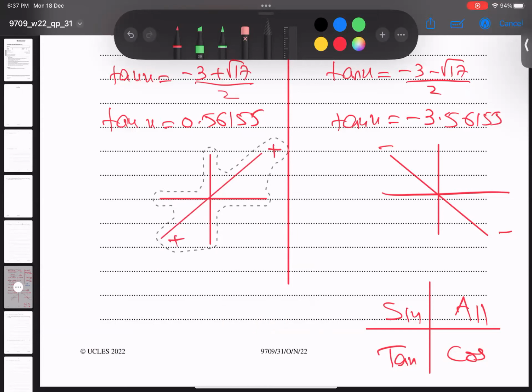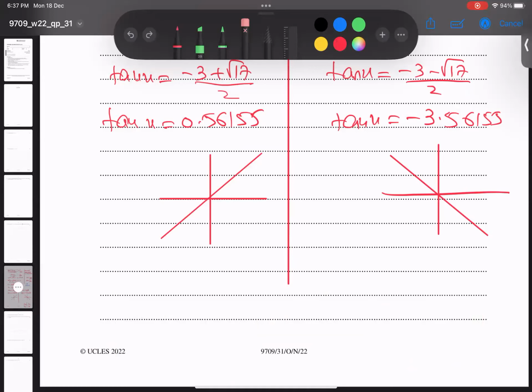Get ready, and now I will solve further. How to solve further? First of all, I will take tan inverse of this. But please do one favor, don't take the negative sign. So look, I show you. And hold on, this CAST property I erase. I will take this value like alpha for a while. You can take any letter, not only alpha. Tan inverse 3.56155, and don't include the minus sign. Now I'm typing in the calculator. Hold on, please. Let me check. Tan inverse